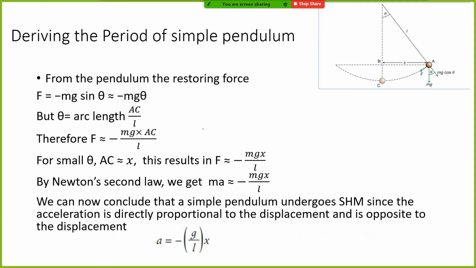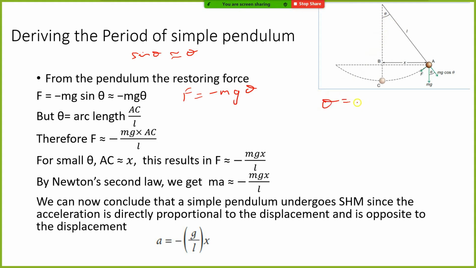If sine theta is equal to theta, then we can substitute where sine theta is and leave theta. So remember we said that force is equal to minus mg sine theta, right? But because of the approximation, sine theta is approximately equal to theta. So we could go back and say, minus mg theta, right? But theta obviously is not just the angle, it's the angular displacement, right? And if we recall anything about angular displacement,